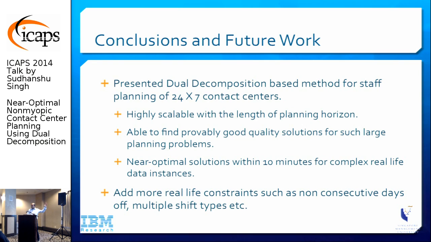The actual business problem has even more constraints. In some cases, they can allow people to take non-consecutive days off. So Monday, Tuesday, Wednesday, Friday, Saturday kind of shift is allowed. Then there can be multiple shift times. You never just have one type of agent. You can have full-timers and part-timers, and you could be given the maximum allowed fraction of part-timers.